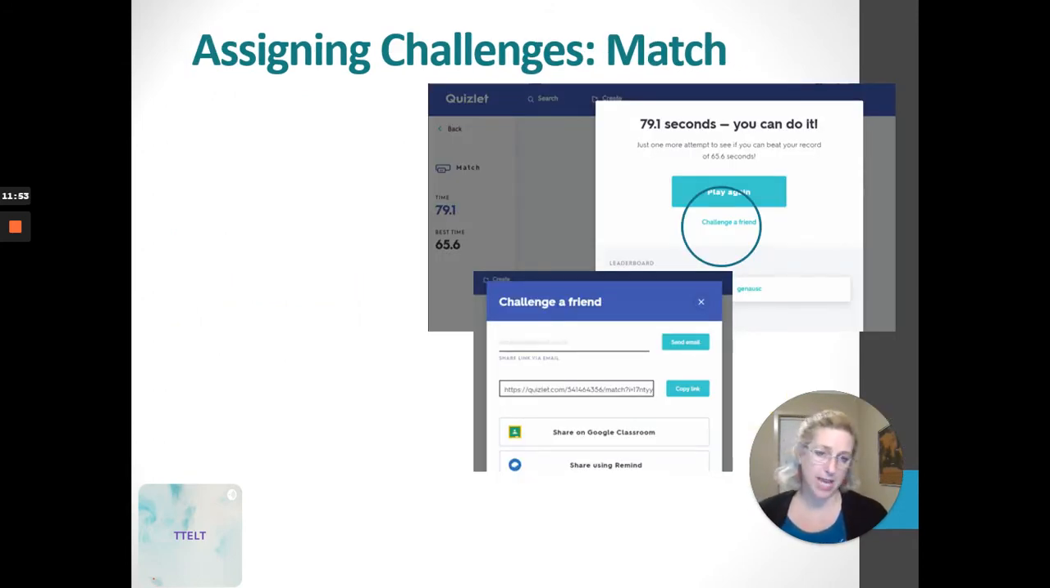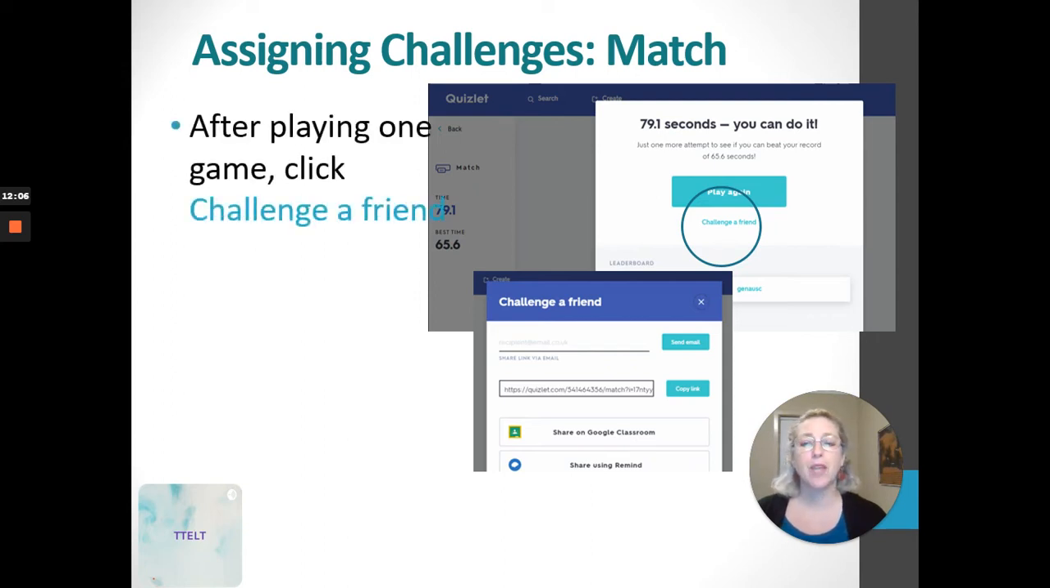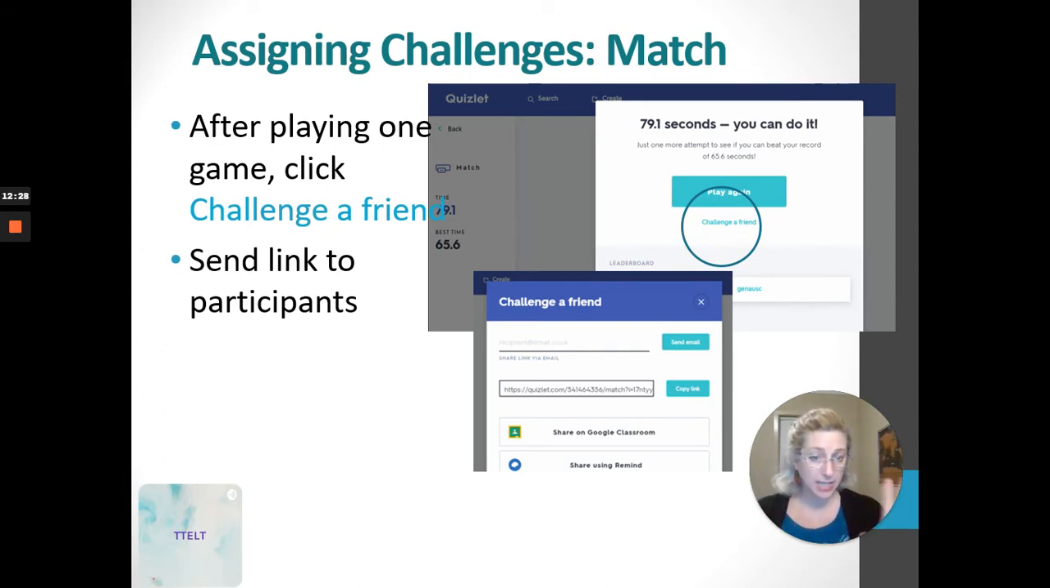Another game that you can play is Match, and you might want to use this one if you don't have strong internet. So you can assign a challenge with Match. In order to do that, first you have to play at least one game together with your students, and then after you have played the game and it tells you how long it took you to play, it'll come up with a challenge a friend option, and you click challenge a friend, and then you can send the link to the participants. You can send it out to all of your students,